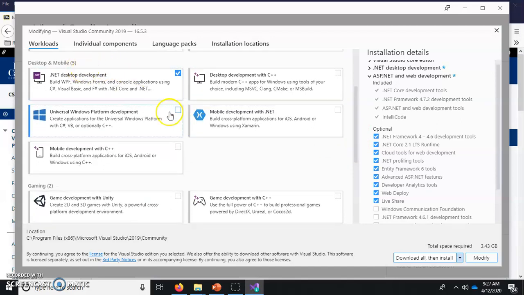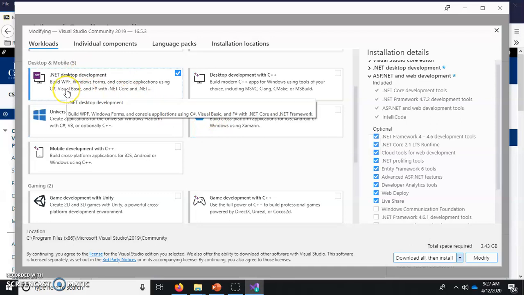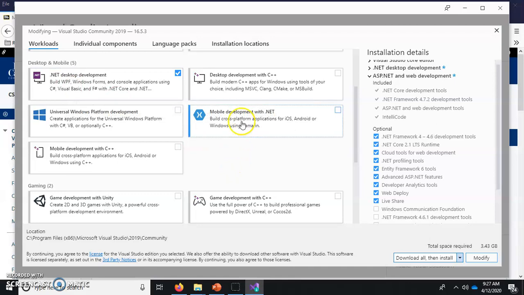in desktop and mobile, most of us probably just have the .NET desktop development, which is sort of the standard with Visual Studio. There's also a mobile development with .NET feature right here. It's a third-party technology built on Xamarin, and if you haven't ever played with this, it's kind of fun to do. If you want to install this, it does take quite a bit of hard drive space to install. But it lets you create iOS and Android apps using a .NET language like VB or C#, and they run cross-platform. So the idea would be that you could create one app that would work for both an iOS or